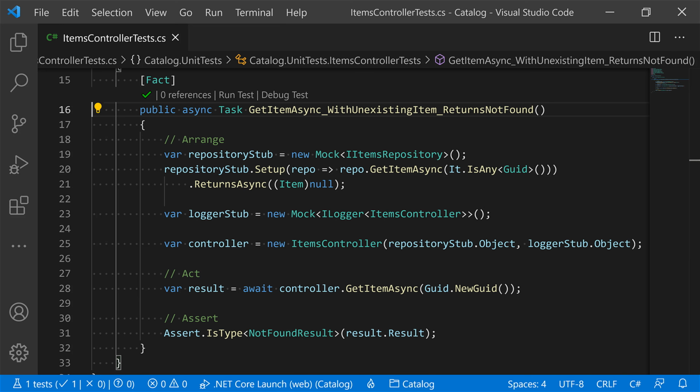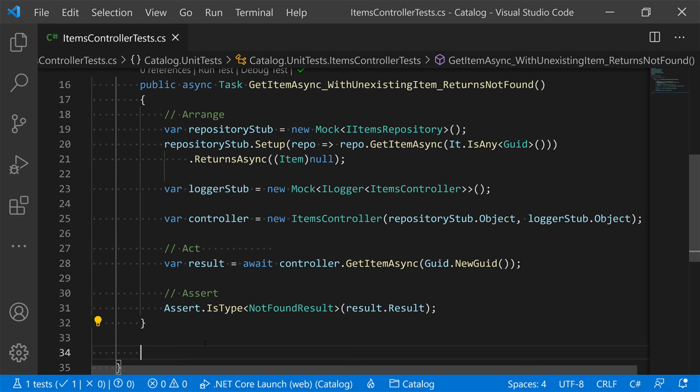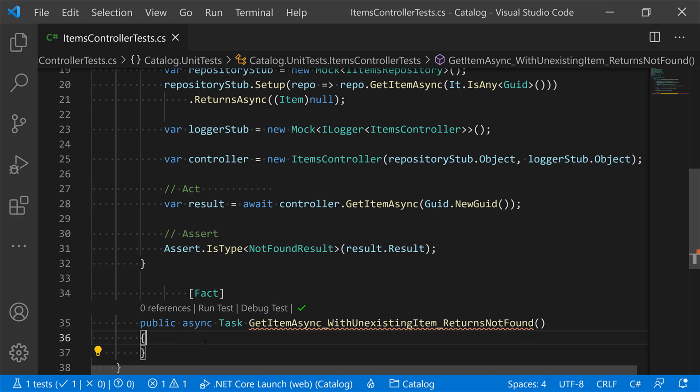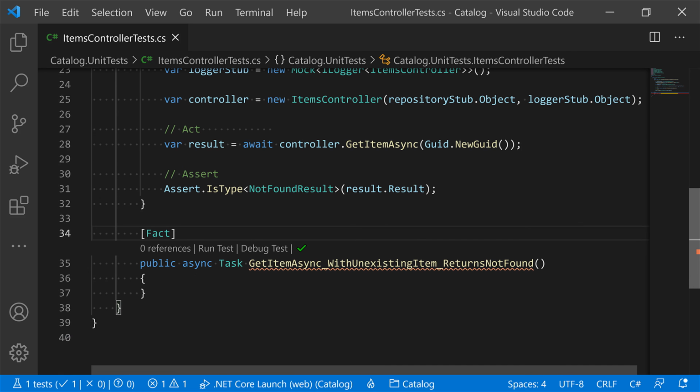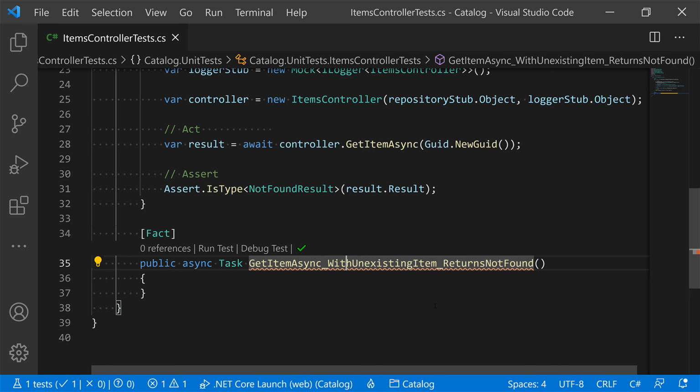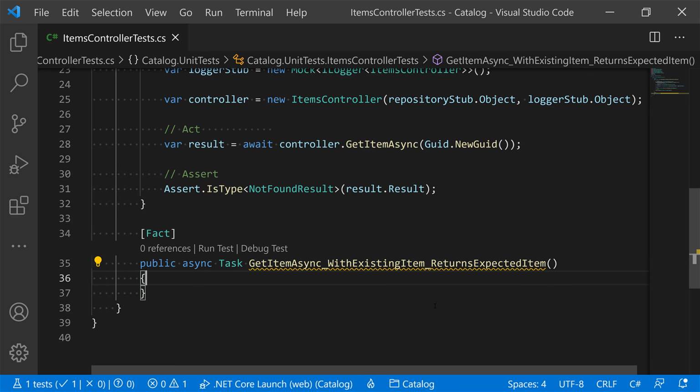Perhaps I'll just copy the header of this test. So I'll copy that over here. Here's a new test method, and this one is going to be called GetItemAsync with existing item returns expected item. Okay, and just like before, we will do the AAA